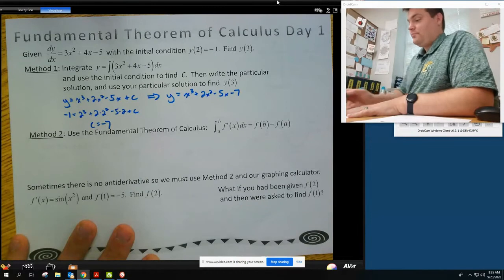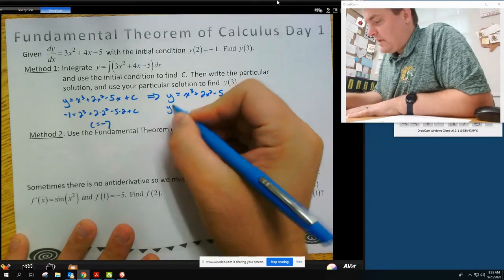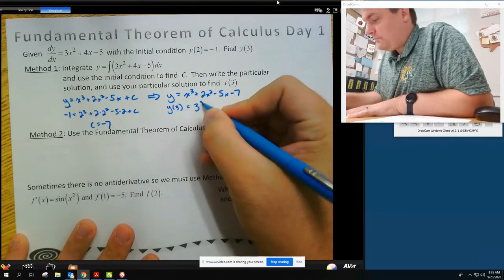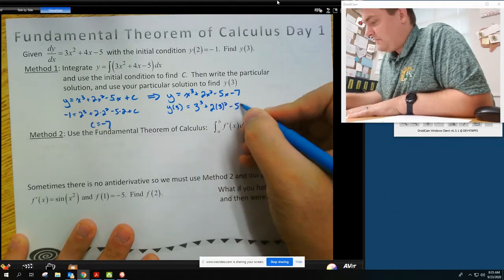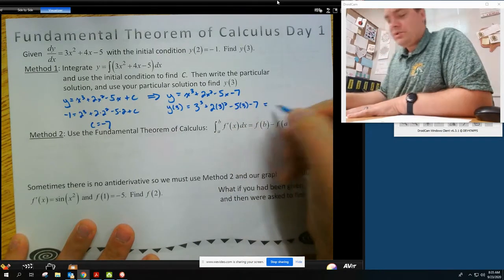So this equation really becomes y equals x cubed plus 2x squared minus 5x minus 7. Now we can find y of 3 by plugging in a 3. So 3 cubed plus 2 times 3 squared minus 5 times 3 minus 7,